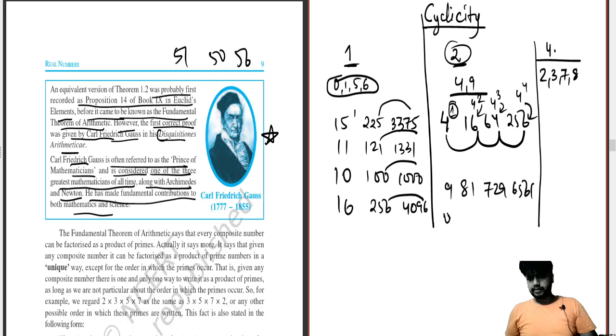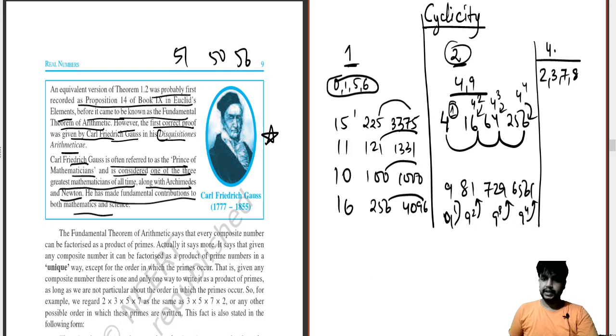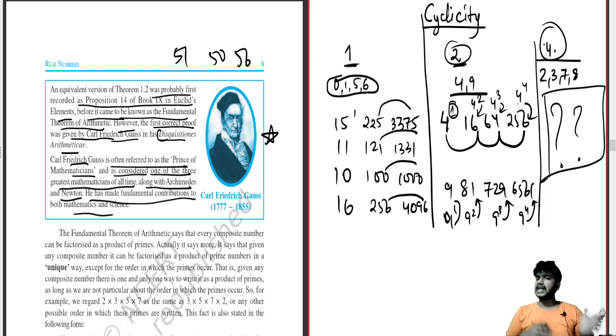Similarly for 9 to the power 1: if the power is odd, it will be 9. If the power is even, it will be 1. So this is a cyclicity of 2. It shifts between only two numbers. This is a question for the curious students: make yourself understand why I have written 4 here. What is the reason? What is the cycle?